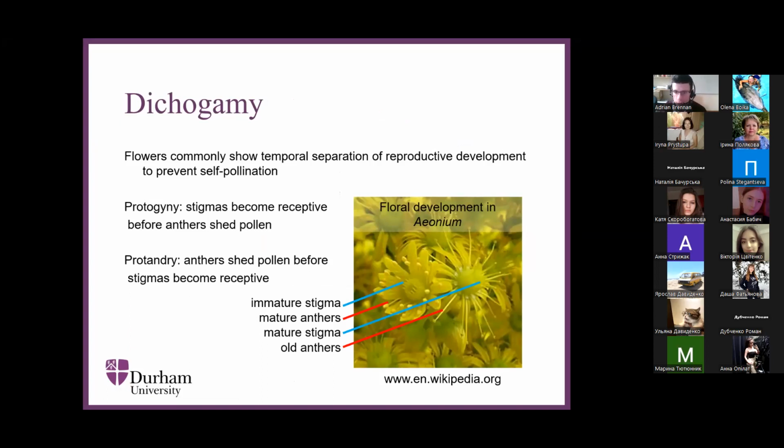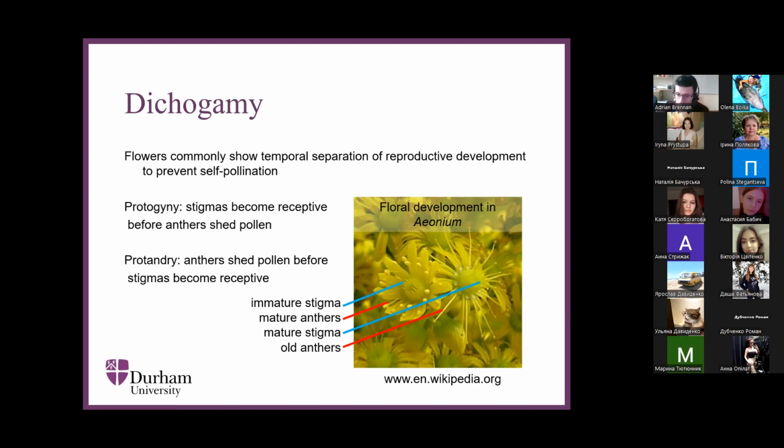So we still typically have hermaphrodite flowers with male and female structures in the same organ. But if you're depending on outcrossing, you want to avoid selfing too much, wastage of your own pollen arriving on the female receptive organs. So there are various ways to promote outcrossing despite being a hermaphrodite flower. One of these is to show dichogamy, which is separation in time.